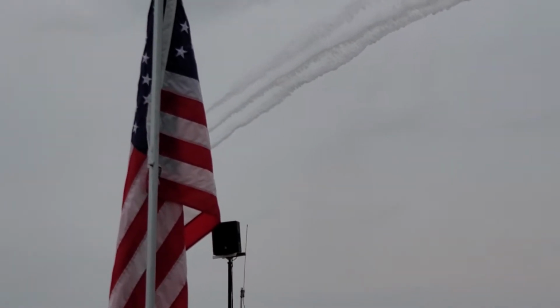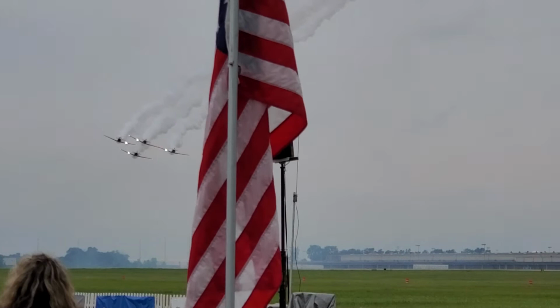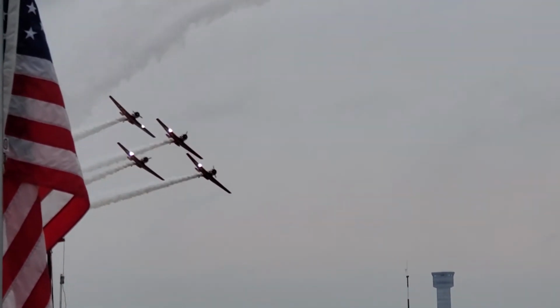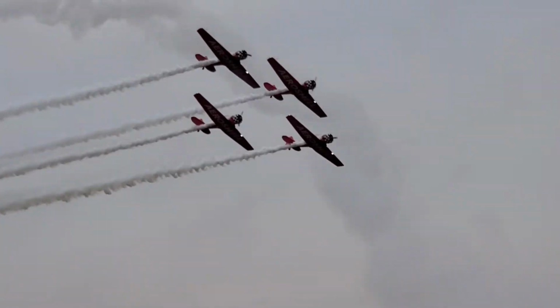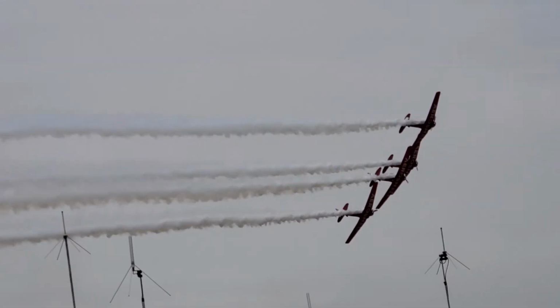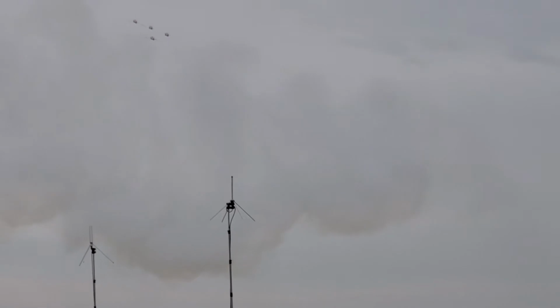Now, great photo opportunity for your eyes and your cameras. As you look at the overlap in the bottom of the aircraft, check this close formation. And again, the wingman and the slot position are doing nothing but looking at the leader. You think the leader has an easy job? He does not. He's got to think about the wingman, about the lag in time between when he does something